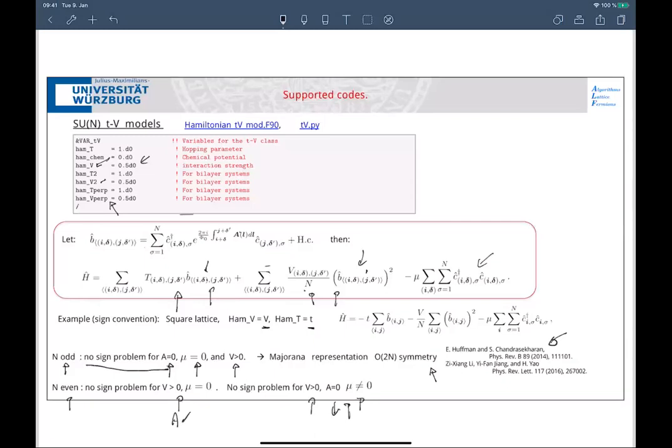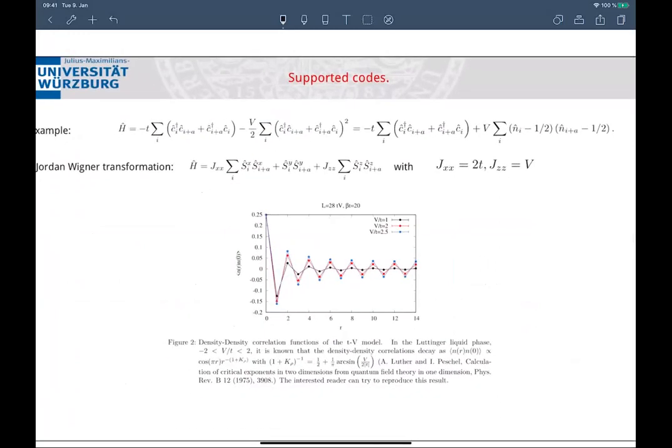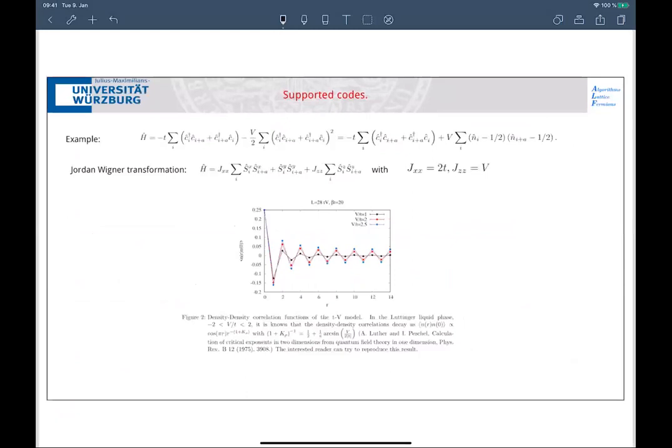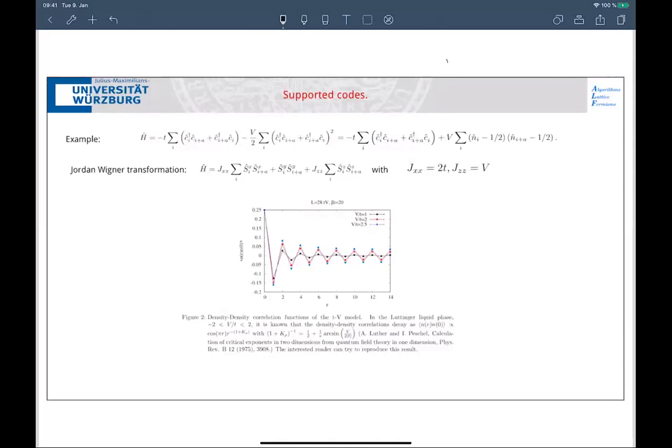As an example of this model, this is an exercise. The TV model for 1D, so you have programmed this in principle, or you will program this in the exercise, and you can check it. We're using this code. This is just spinless fermions on the one-dimensional lattice. If you have spinless fermions, this V term, these are just 2 lines of calculations, actually goes into a density-density interaction. This only works for spinless fermions, of course.